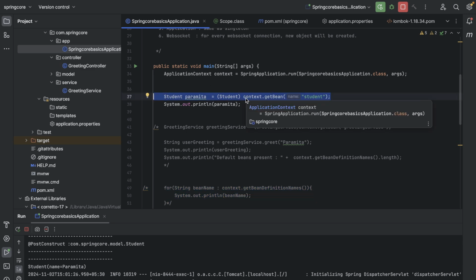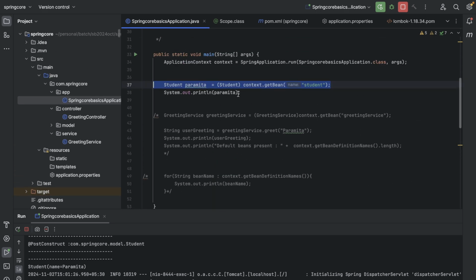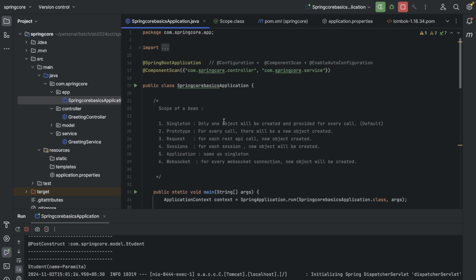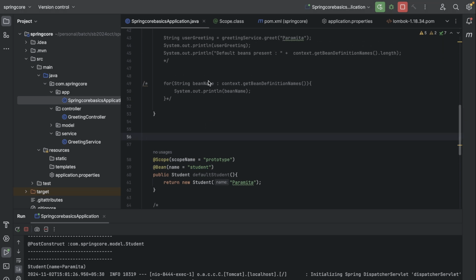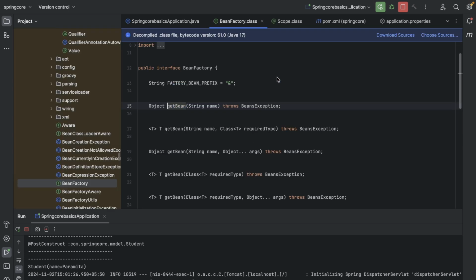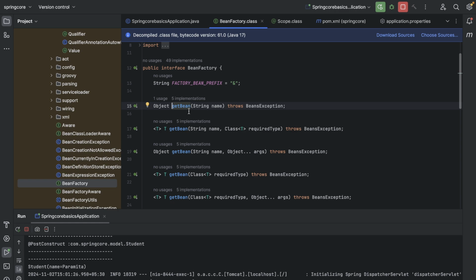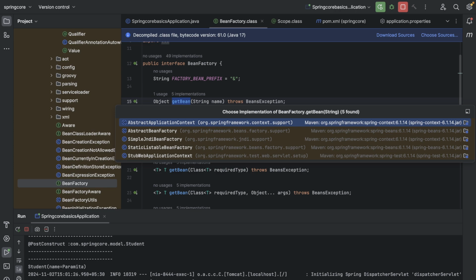All right, then we want to know how this bean is getting, right? So the one thing is the process to get this bean. Okay, student context student, right? Cool. So it is in the Spring Core application, so I'm creating a student over here only, right? So how is it getting the student? That's the first thing. What is the flow? The flow says, how am I getting the student from here? If I go inside the bean, so it's the name, right? And over here, if I try to find which bean it's taking,